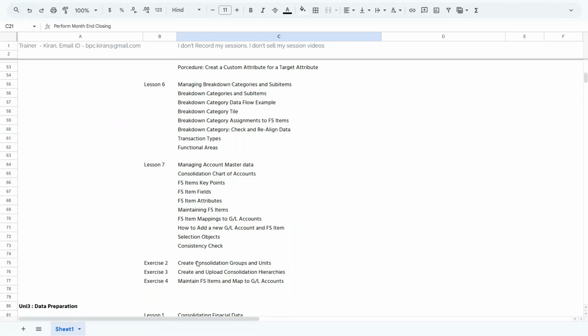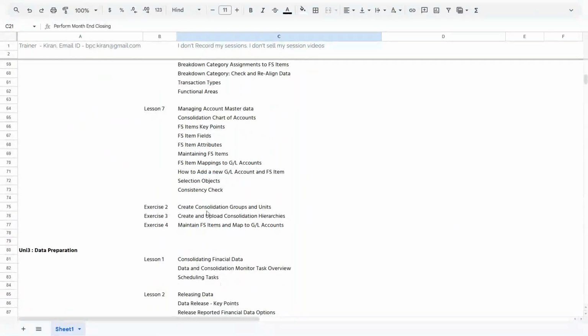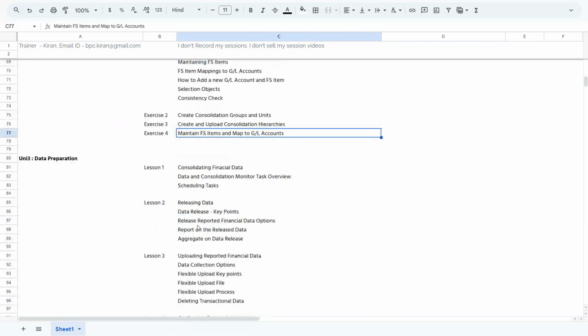We are going to execute all the exercises. We are going to create consolidation groups, units. We are going to create consolidation hierarchies for management consolidation, and FS items and operational GL accounts we have to map. So those mappings we are going to understand. So all these things, first we will activate the delivered content. On top of that, we are going to understand these concepts. So once the master data is generated,